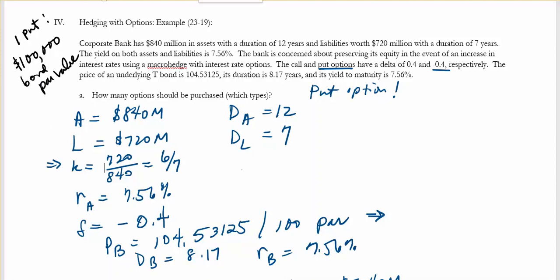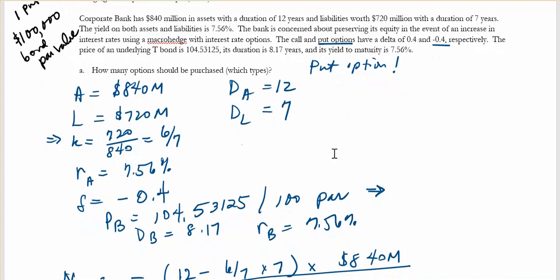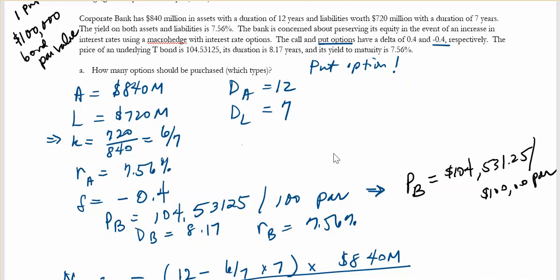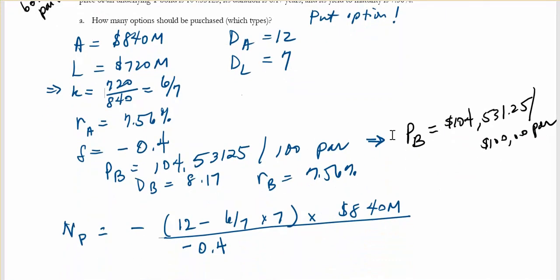So if this is the price per 100 par, we have to multiply it by 1,000. So this means that the price of the bond would be 104,531.25 per $100,000 par. And we're going to use that number as our P,